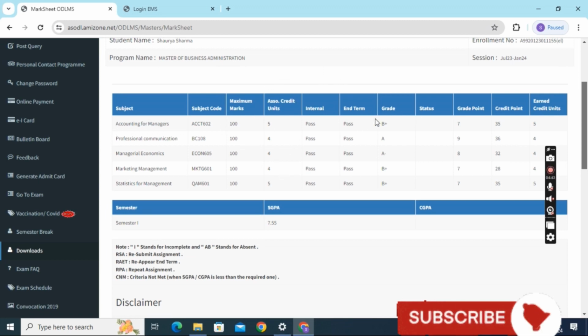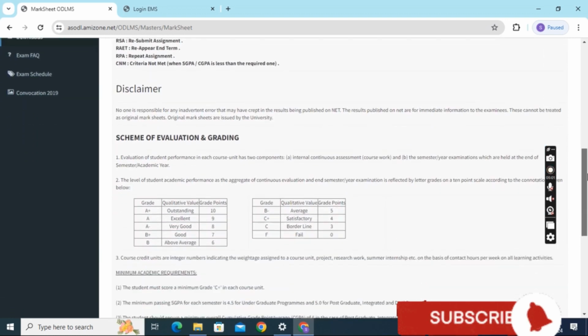Otherwise they will mention it as fail, as too many people have faced the challenges, as they didn't complete their milestones, and they got failed in the internal options. So just make sure that you have completed all the milestones.